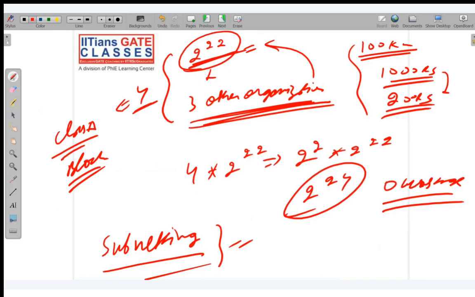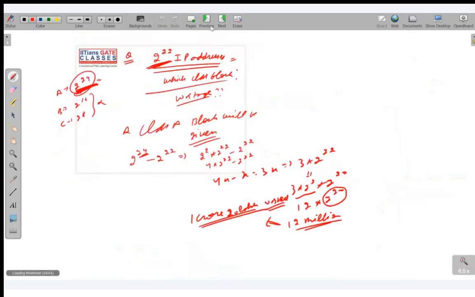Okay, so now you should write a few notes here, just for the sake of completion, so that nothing gets missed here and there. So please write down. After we have done this, wastage: 1 crore 20 lakh IP addresses were wasted. So after that you can write down: a better approach can be